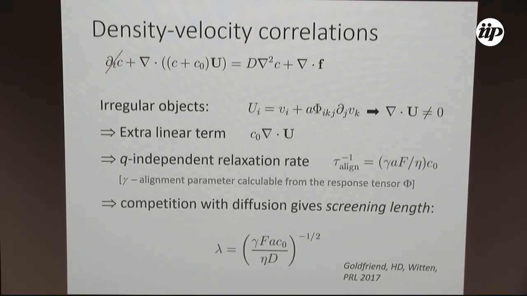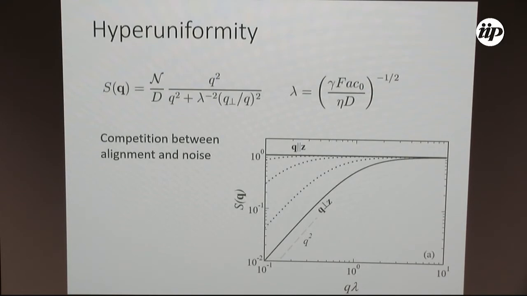So we can calculate the structure factor, which is, again, hyperuniform. It goes to 0 as Q goes to 0. It is anisotropic also, so there is no hyperuniformity along the Z direction. The hyperuniformity is only across the XY direction. Except for the fact of when Q is actually parallel to Z, in any other case, if I go to Q equals 0, my structure factor is going to vanish.